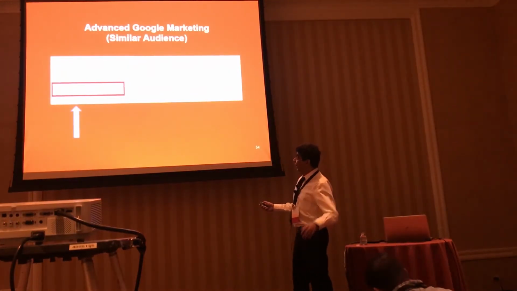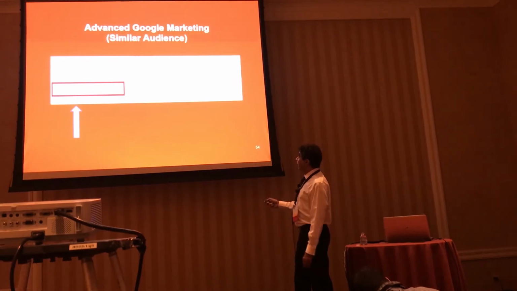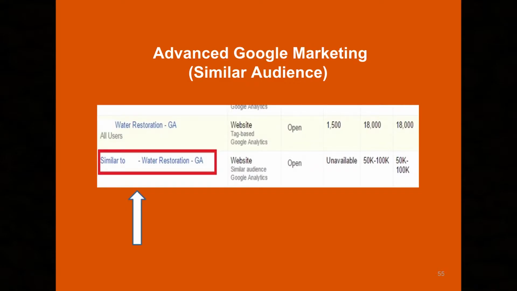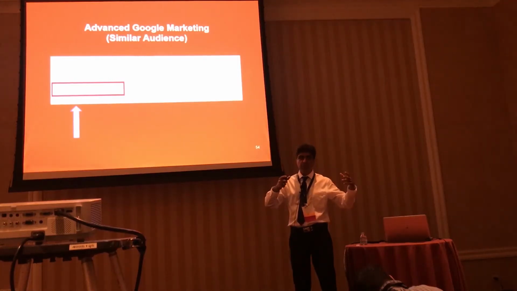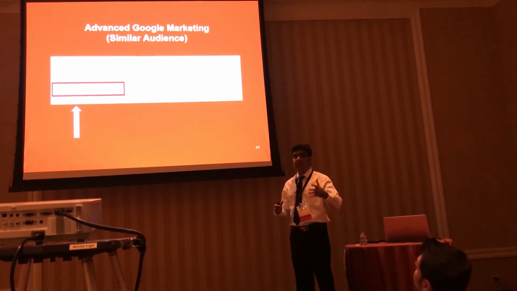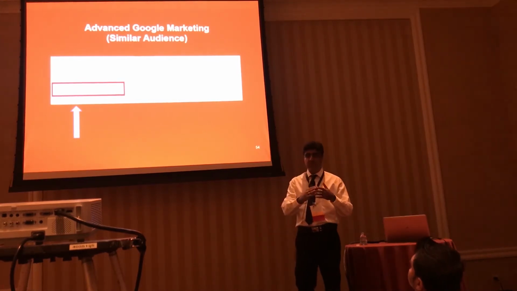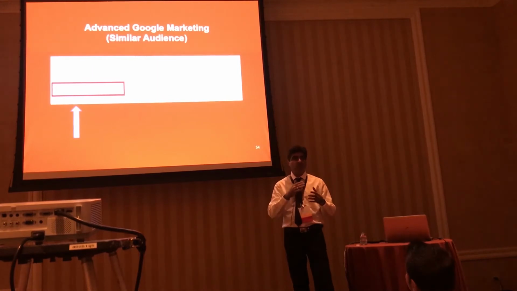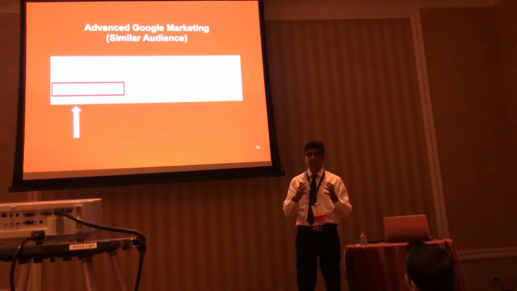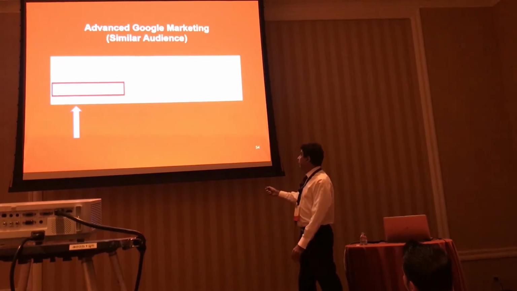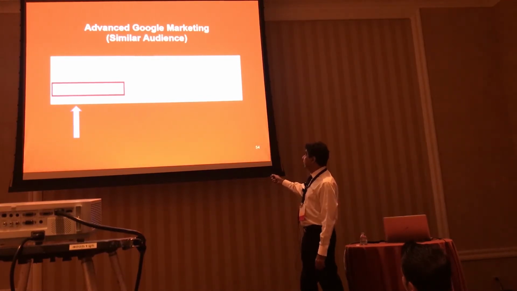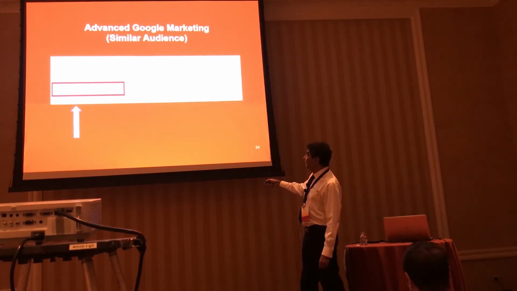Now here's, again, it's getting a little bit more advanced. Here's a screenshot of a remarketing list. So when people come to your site, you start building a list. It's not like an email list, but it's a remarketing list. You can reach out to these people anytime with your ads. So maybe you have a special offer with a fall sale or Christmas special or Thanksgiving special and so forth. So you can create those ads and show your ads to your list. So here's your list. In this case, this is a list from a company that has 18,000 people they can reach. When you have your own list, Google gives you a similar list.